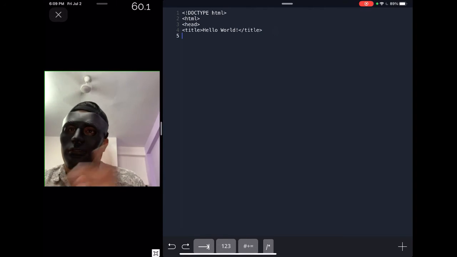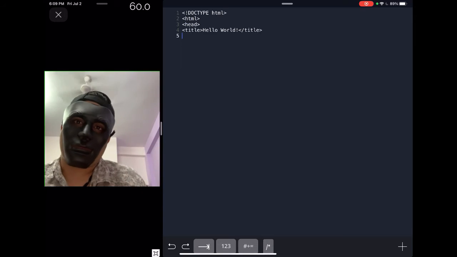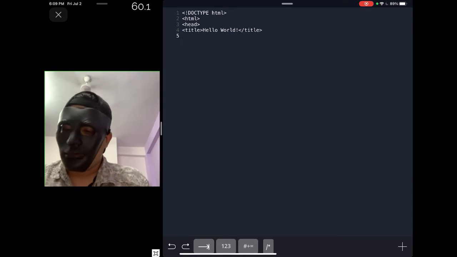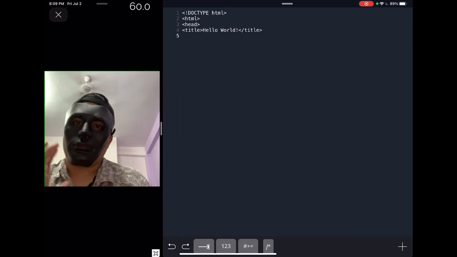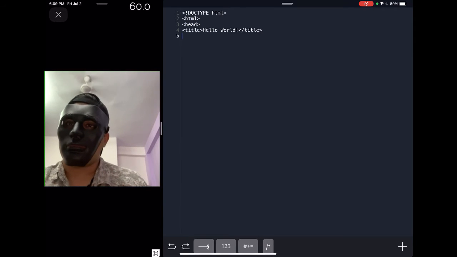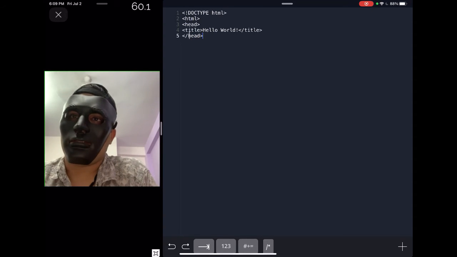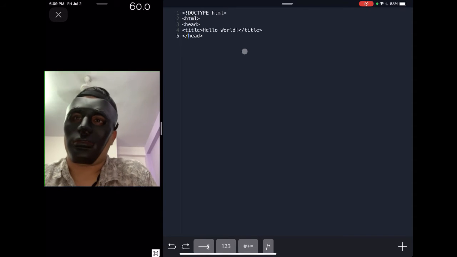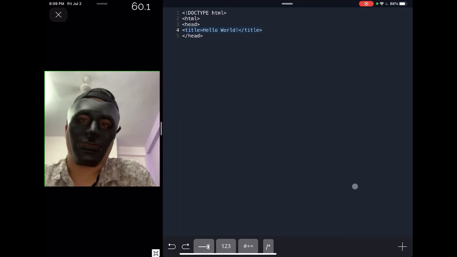Moving further, since this is the first program I'll be writing and we do not have much to say about it, we do not have to integrate any CSS file or JavaScript file as of now. So we'll be closing the head tag. For closing again, we use the backslash: triangular bracket, backslash, head, and triangular bracket. This completes the entire element, in which we have another element that we have already used.